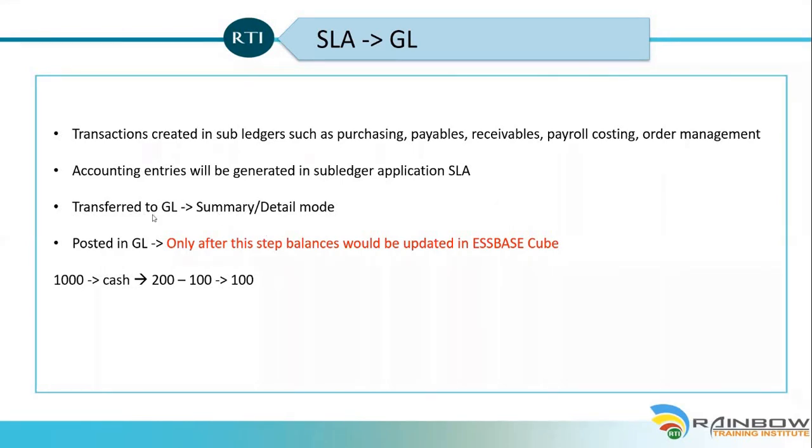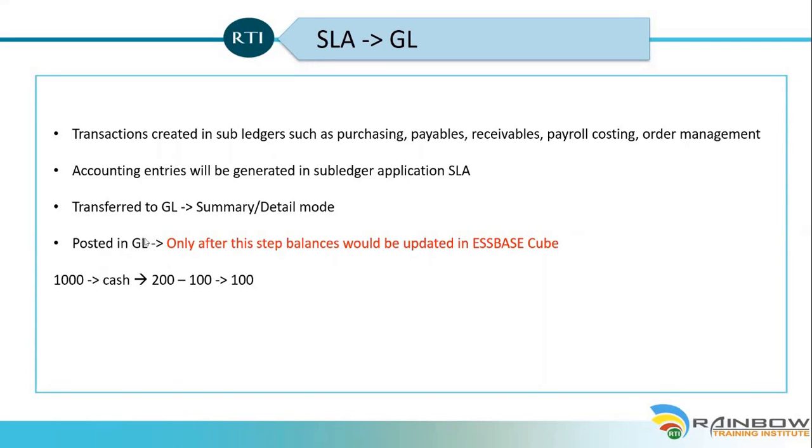But it could be a journal that has been transferred to GL from a subledger. Or in some cases, you might have transactions or journals created directly within the GL. Those transactions did not come from SLA, but are created within GL itself. So whatever the transaction might be, whether it has come from SLA or been created in GL directly, whenever you post a transaction in GL, not transfer, whenever you post a journal, at that point, the balances of those accounts